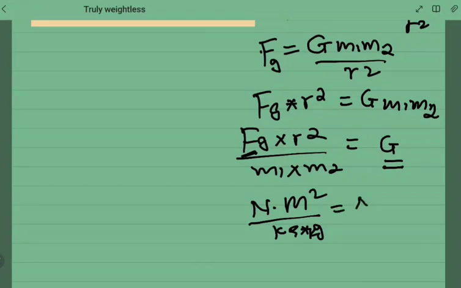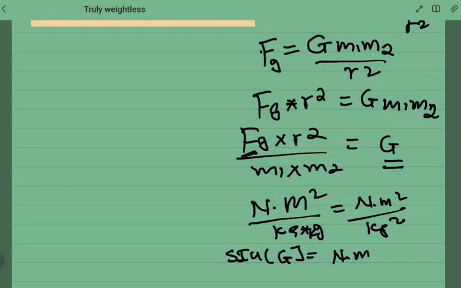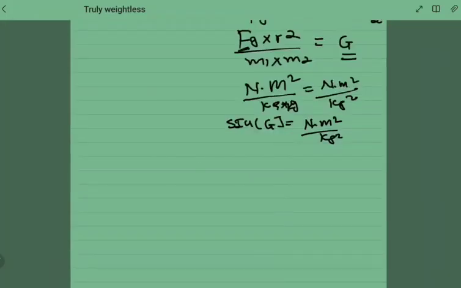So this will give you Newton meter squared over kilogram squared. This is the unit for the universal gravitational constant, meaning the SI unit for G is Newton meter squared over kilogram squared. The value of G is equal to 6.67 times 10 to the